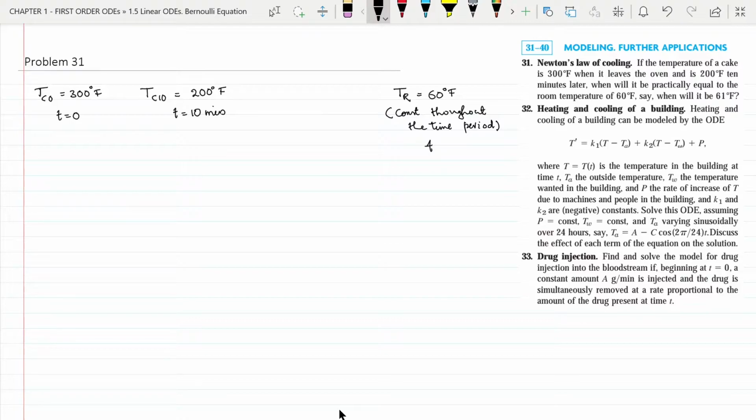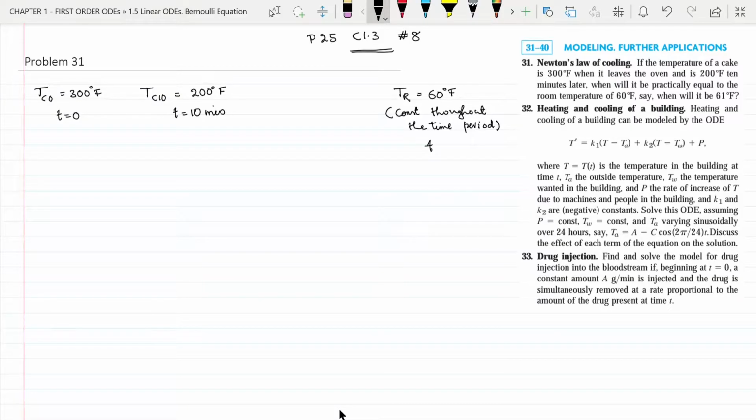This problem will be solved using Newton's law of cooling. I have already discussed Newton's law of cooling in a previous video, that is while solving problem number 25 of chapter 1.3 in video number 8. You can refer to video number 8 to learn more about Newton's law of cooling and how to solve problems using it. I will assume that you know the basics of it, and I will proceed accordingly.